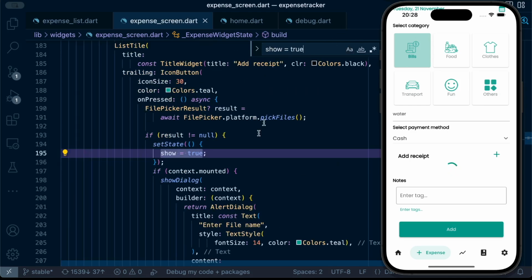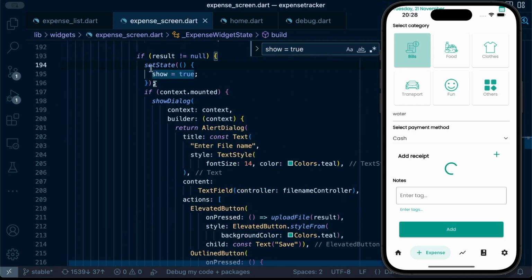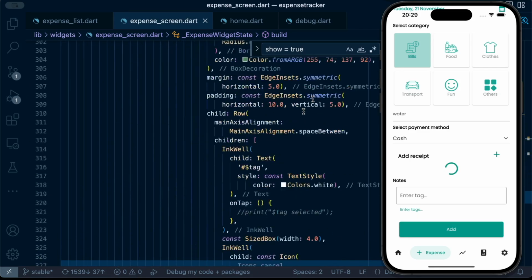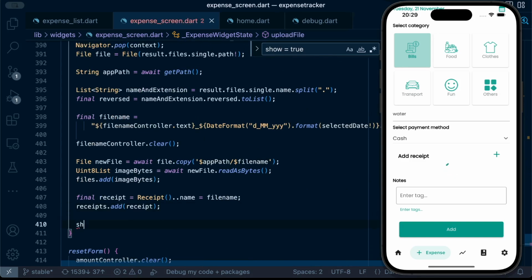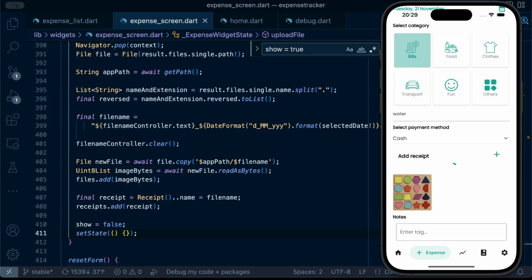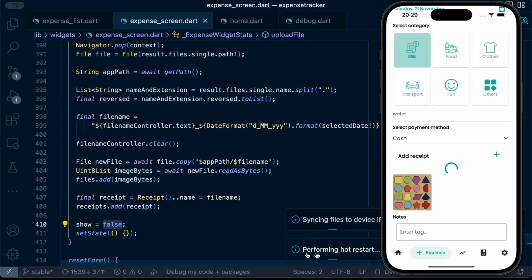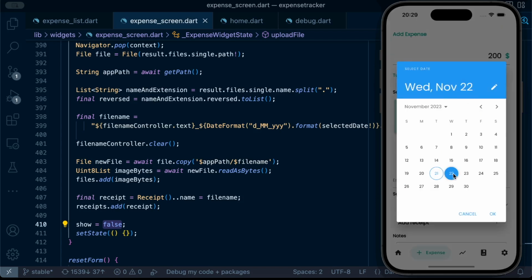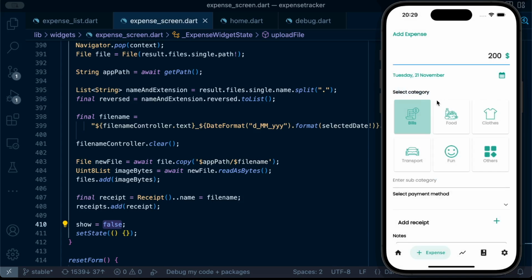And also after uploading, that circular progress indicator should disappear. But let's see. The set state. Okay. Just refresh and feel that experience again. So we enter the amount, we select a date. Great. And then we set bills, subcategory water, payment cash,